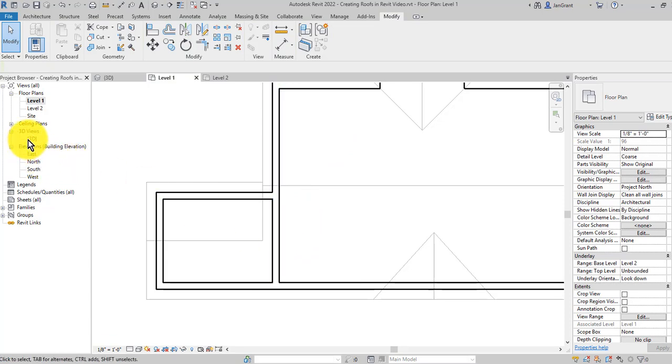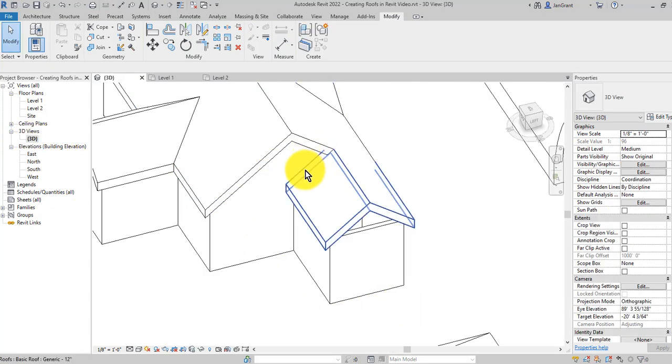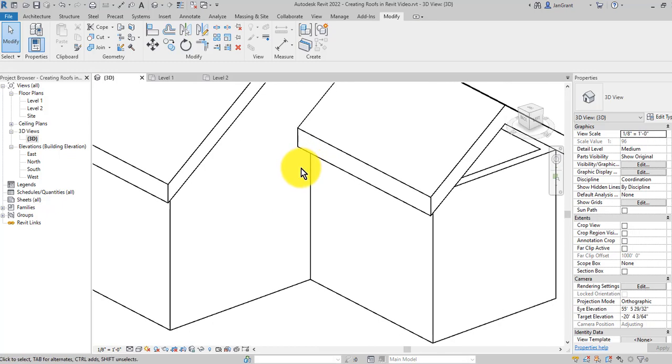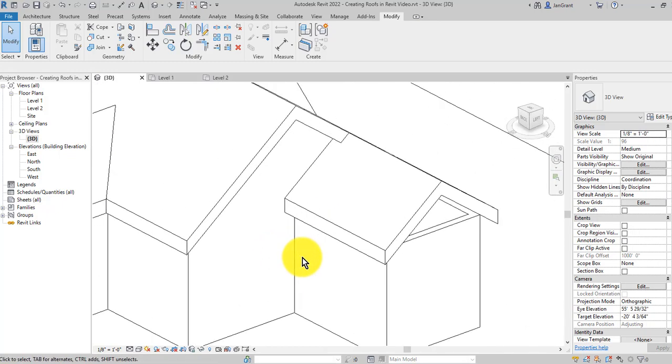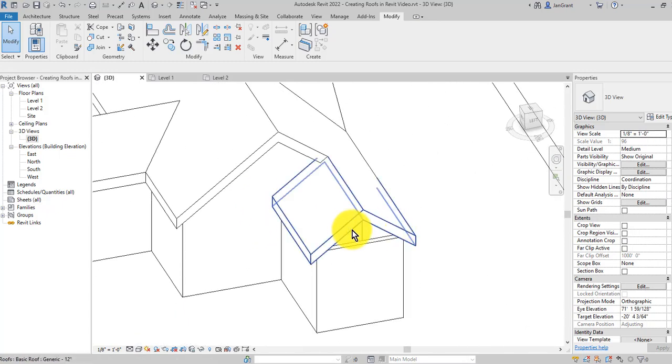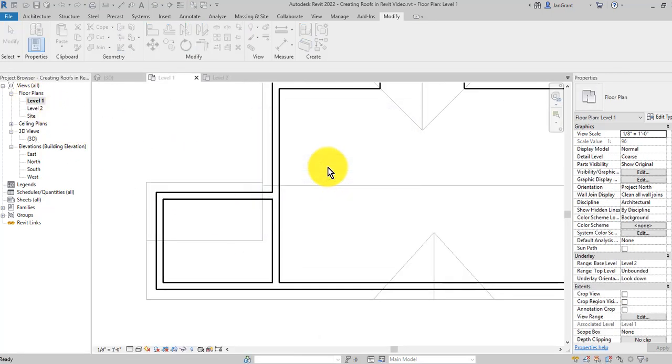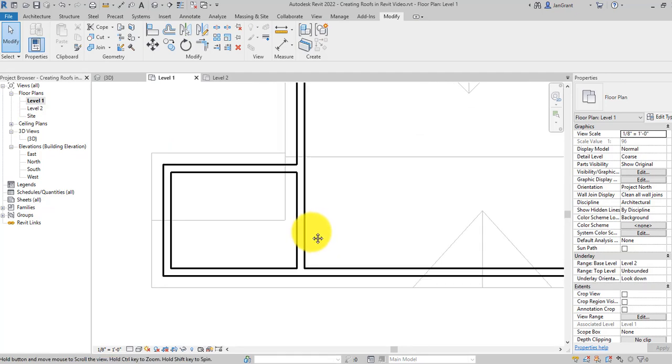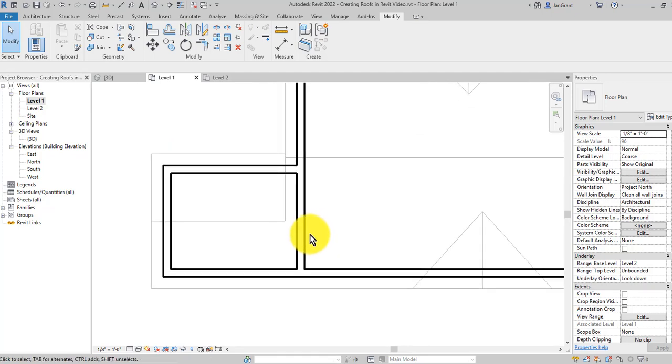If we go back to the 3D view, look at that. Nice, cleaned up. We already brought this roof back to the wall, so there shouldn't be any gaps there. It's very nice. But now, what do we have? We have a wall that's in our way. So we'll go over to level 1, and instead of using the idea of breaking this wall and modifying it to the opening there that's created on the outside,